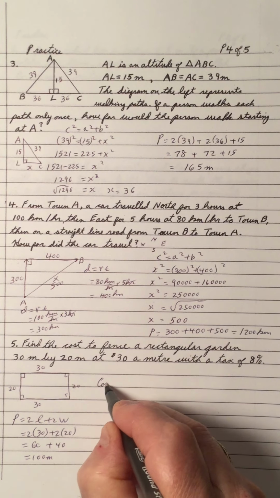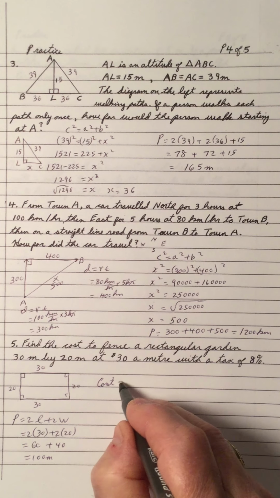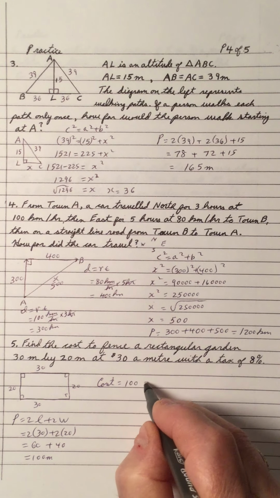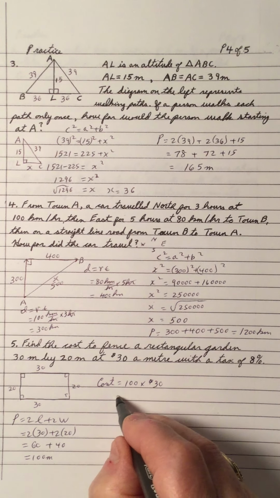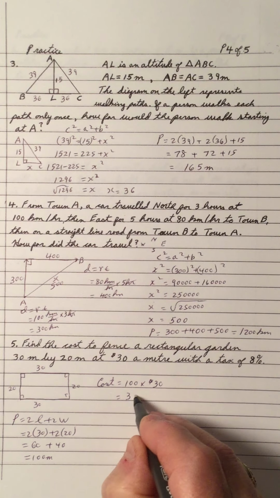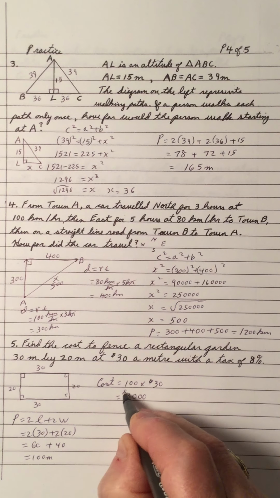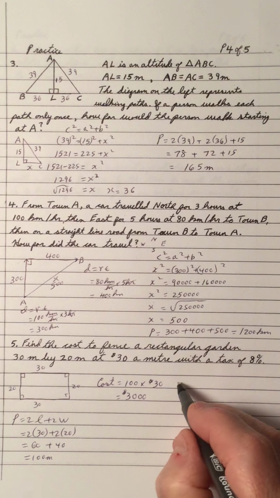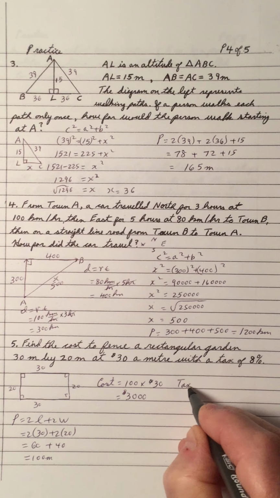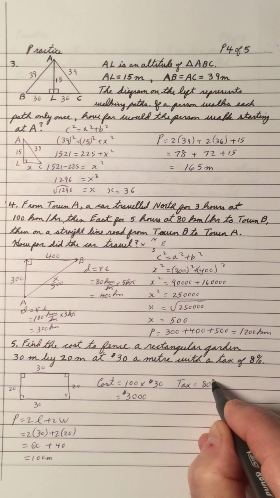So what's the cost of the material? The cost is we got 100 meters, and we got to pay $30 a meter. So 100 times 30 is $3,000 we got to pay for the material. But we have a tax, and the tax is 8%